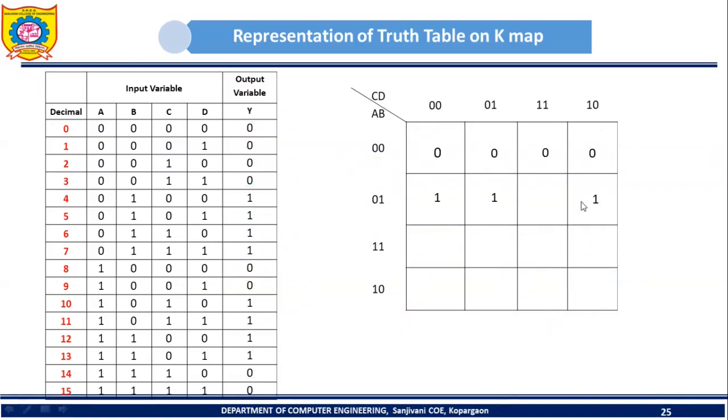So where are these 1s coming from? From this truth table. See here we have 4 5 6 7. For 4 5 6 7 the output is 1. So I have written that output here, 1 1 1 1. Then for 8 the output is 0, and in the cell where we have 8 here, that's why we will get 0. So you can prepare this KMap now. I hope you understood this process.